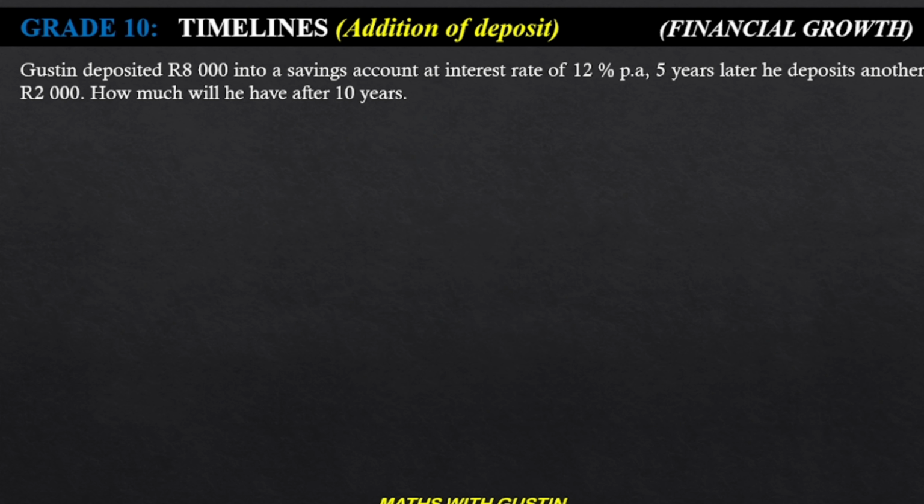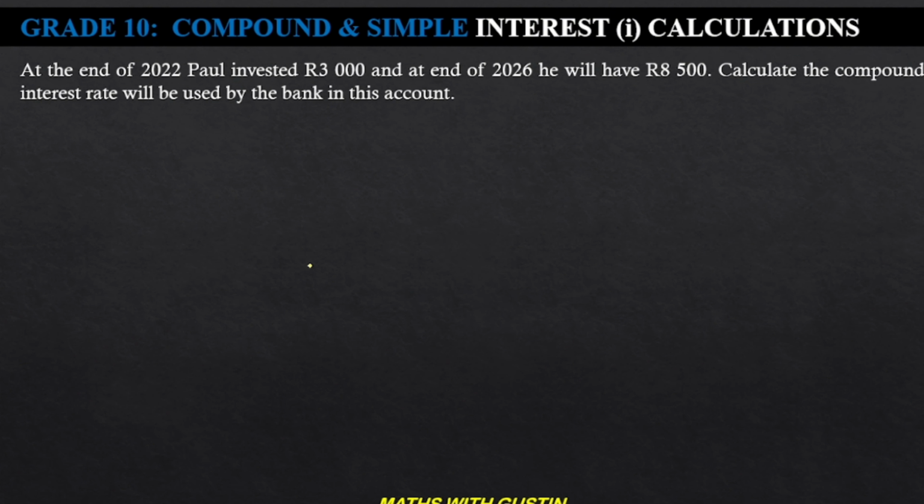Now let's have a look at calculating interest, where you are required to do this using the compound formula. Same example as previously, where Paul invested 3,000, so it means 3,000 is our P there. Same as before, guys, nothing has changed here. The final amount was 8,500, and therefore I is the one we're looking for. Therefore the number of years, we did say it was